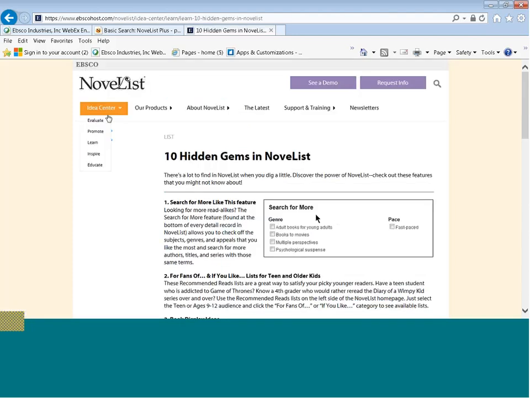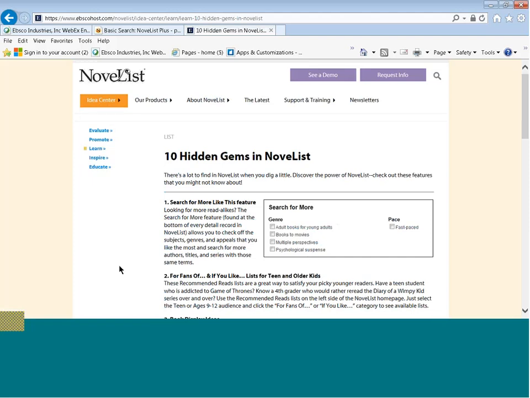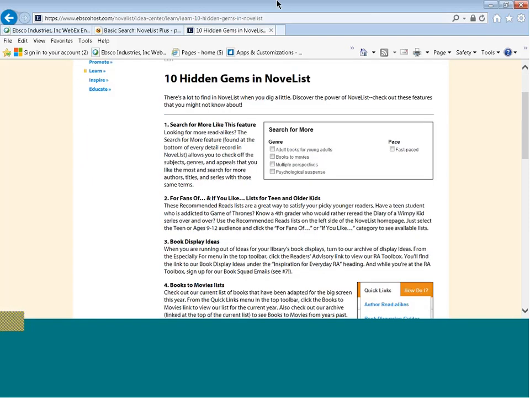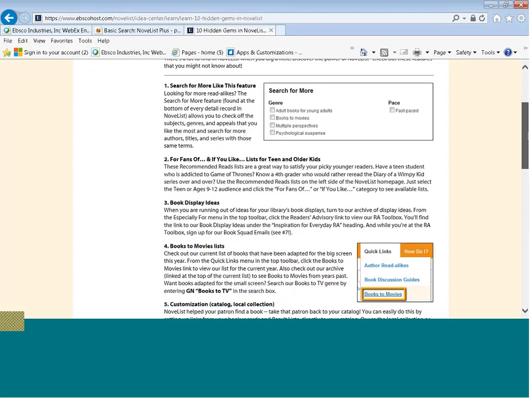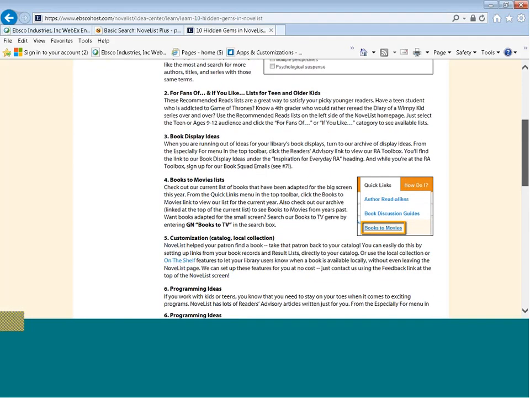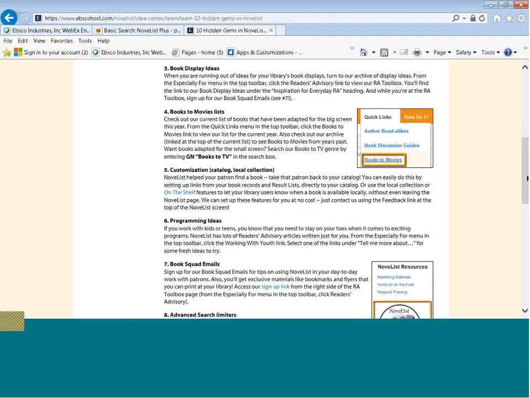Quickly, we'll just look at this and encourage you to come back to the Idea Center and check out these different categories. By the way, if you have any questions at any time, please go up to the toolbar at the very top of your screen. If you hover your mouse over, you'll see the toolbar. And let me know in chat what your questions are. Everyone's muted right now. So you can either join my online open to all tools for librarians using NoveList, or check out these 10 ideas, or maybe both.